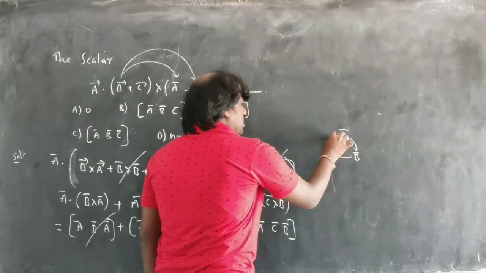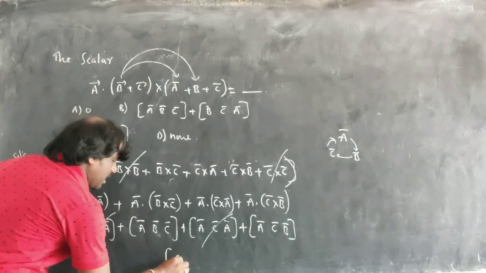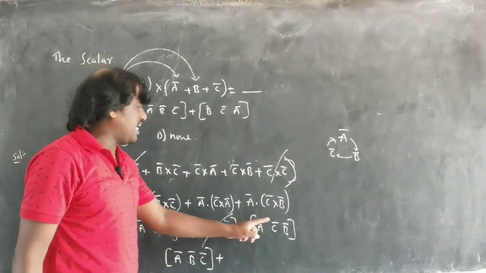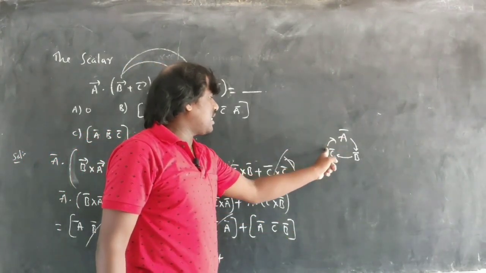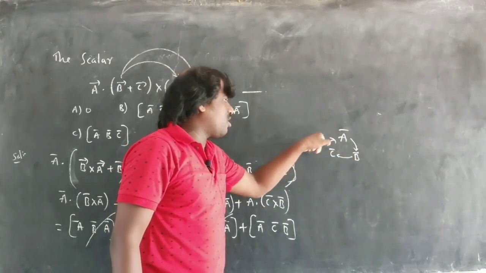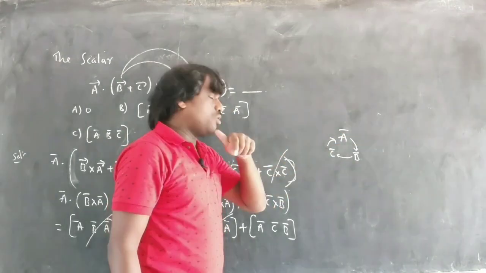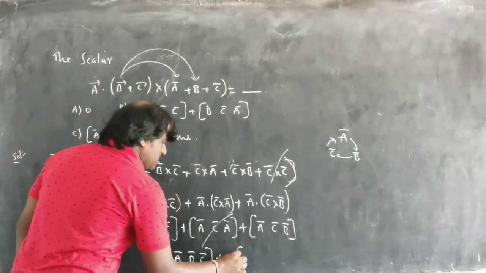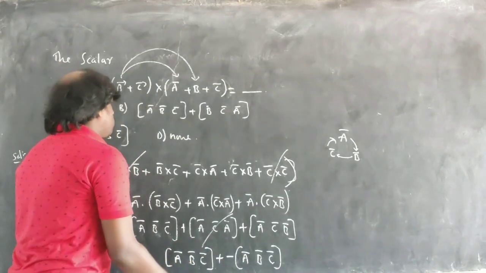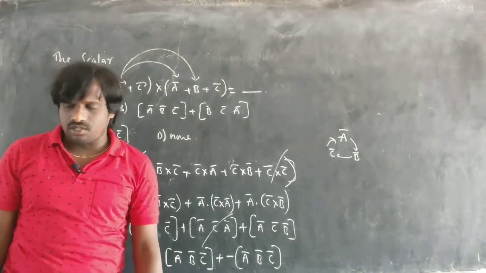A, B, C will be equal to this A, B, C, and plus this A, C, B. A start here, C, B, means reverse direction it is going. Not clockwise, it is going anti-clockwise. When it is going anti-clockwise, negative. When it is going clockwise, it is positive. Hope you understand. So this will become minus of box ABC. It means plus and minus cancel, so the answer is 0. So this is a way to deal with the problems. Understood? Let us solve another problem.